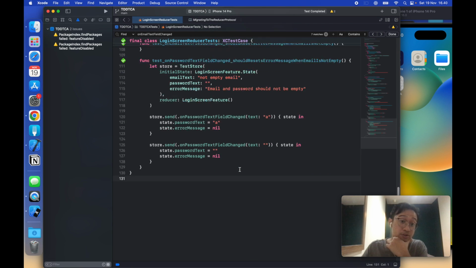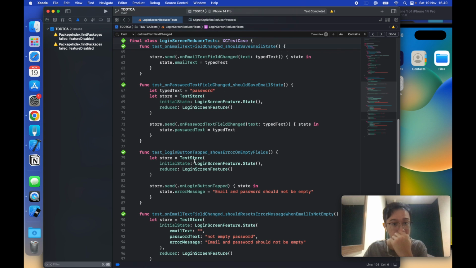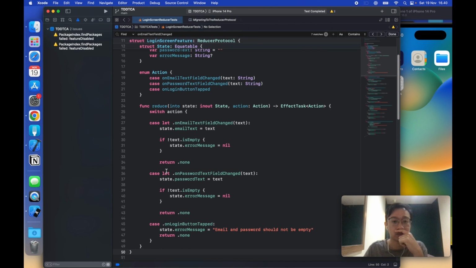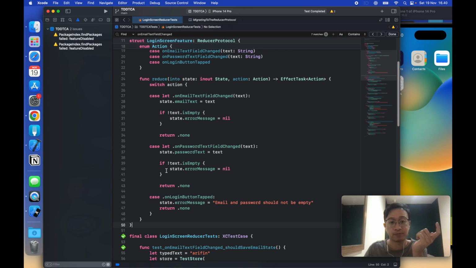So in the TDD process, we are already covering many scenarios here. So yeah, I think we can cover another scenario, for example, showing the loading and so on. But we need some kind of dependency for that, and I think we can do that in a separate session. For now, as of now, I think this is a pretty simple application,